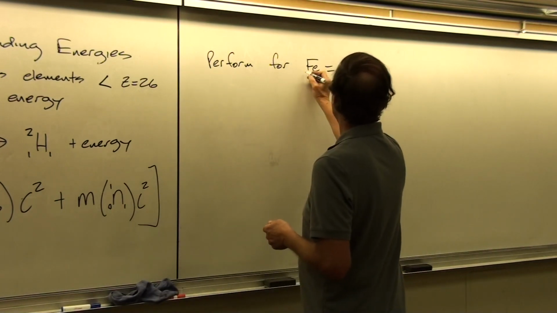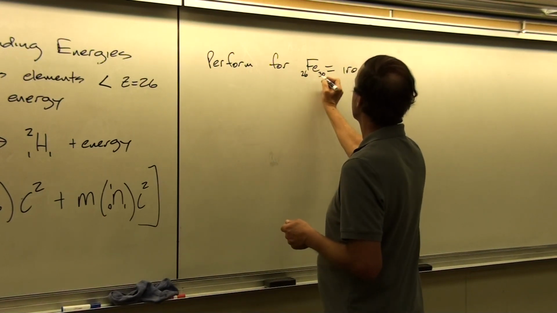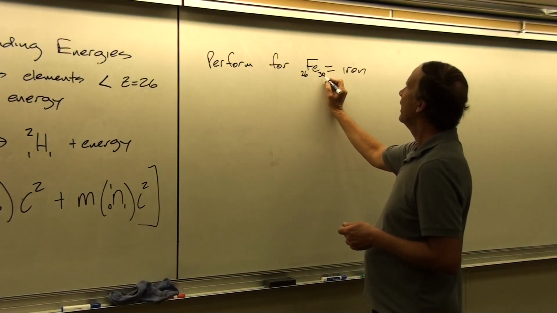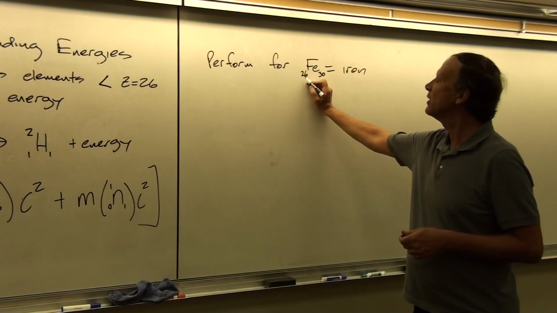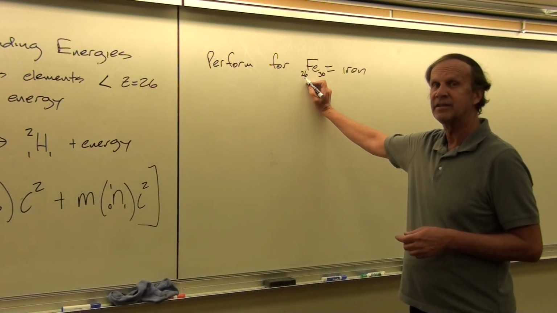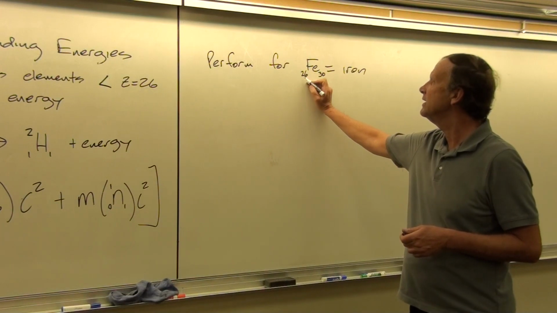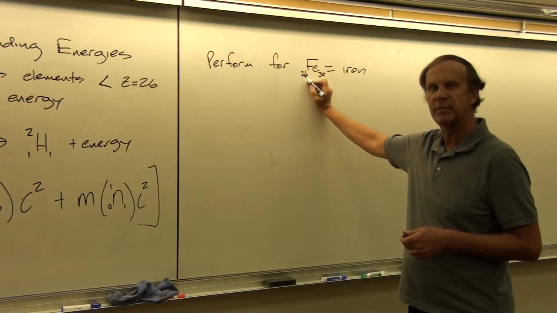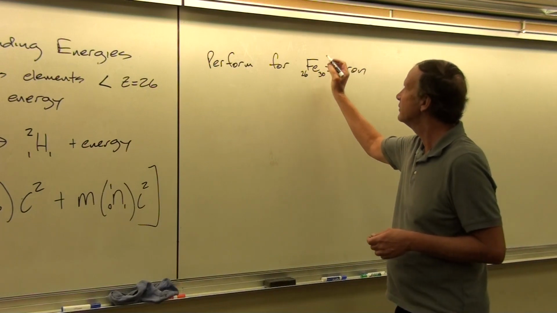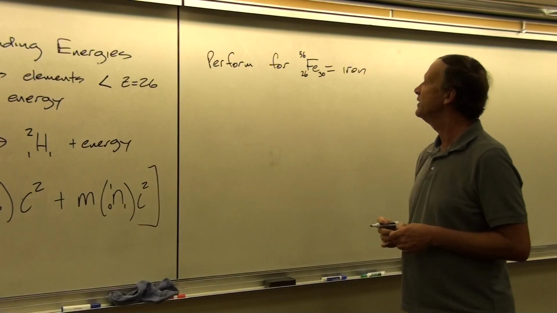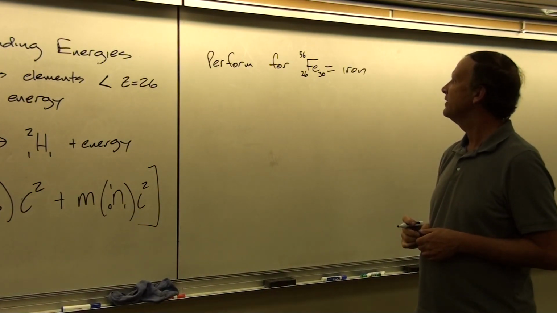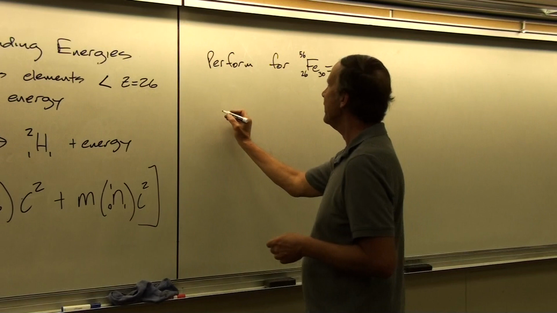Okay, so here, iron has an atomic number of 26, or in terms of the number of protons. It's got a few more neutrons than it does protons, because we are larger than element number 20. Remember in the last lecture we said around element number 20, you start needing more neutrons to cement together the nucleus with a strong nuclear force. So that this nucleon number is number 56.